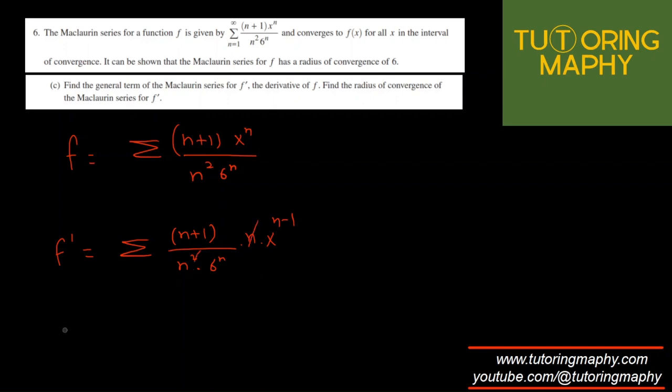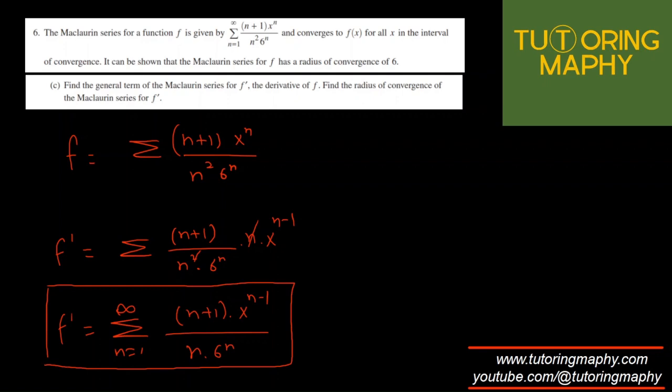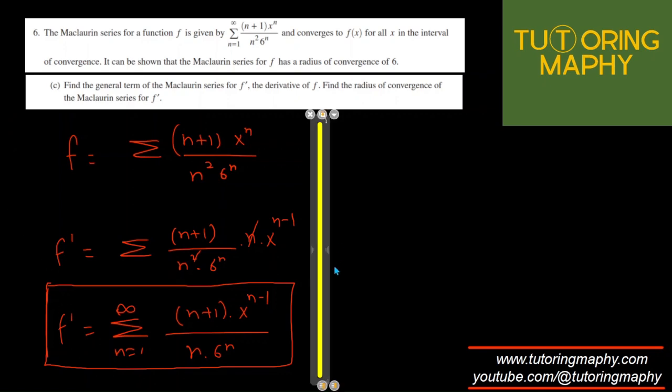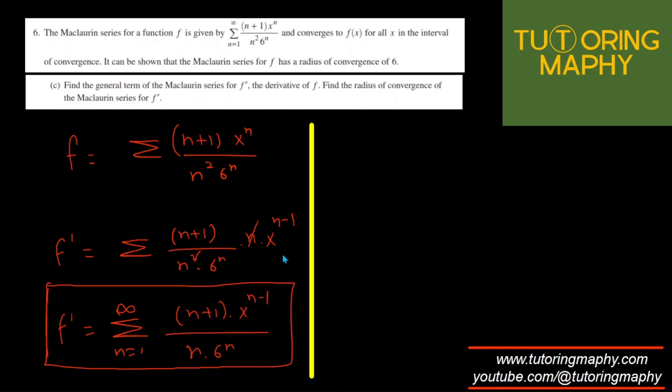One of the n can be cancelled, and finally f prime is sigma n from 1 to infinity of x raised to n minus 1 over n times 6 raised to n. That is the general expression for the term, or for the series of f prime. And now they want us to find the radius of convergence of the Maclaurin series. So for the radius of convergence, all you have to do is